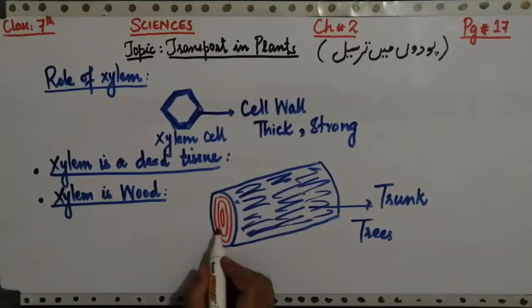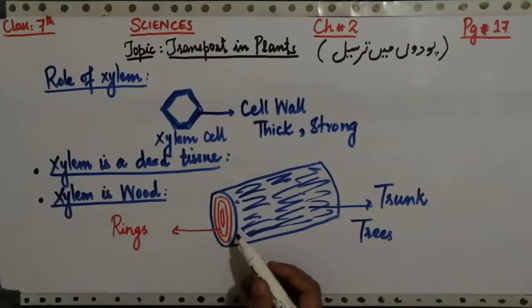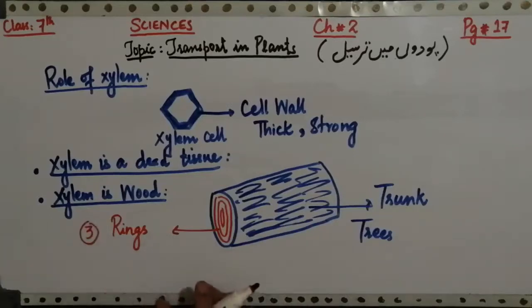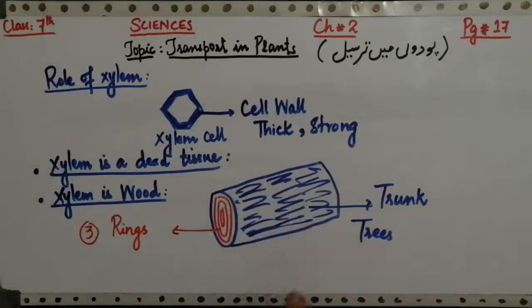ठीक है। और ये रिंग्स बेसिकली रिप्रेजेंट करती हैं कि जैसे मैंने इस वक्त कितनी रिंग्स इसके अंदर बनाई, I will count: 1, 2, 3. तो 3 रिंग्स आपको नज़र आ रही हैं जो ये इंडिकेट कर रही हैं कि हर साल एक रिंग का दरख्त के अंदर इजाफा हो जाता है। और ये रिंग्स इंडिकेट करती हैं कि दरख्त कितने साल पुराना है। तो इस वक्त जो हमने ट्री ट्रंक लिया हुआ है, इसको 3 साल का अरसा गुजर चुका है, यानी 3 साल से ये पौधा दुनिया में मौजूद है। तो बाकायदा ये रिंग्स जाइलम टिश्यूज़ की मदद से ट्री ट्रंक के अंदर हर साल बनती हैं, जो इंडिकेट करती हैं कि जाइलम इज़ वुड।